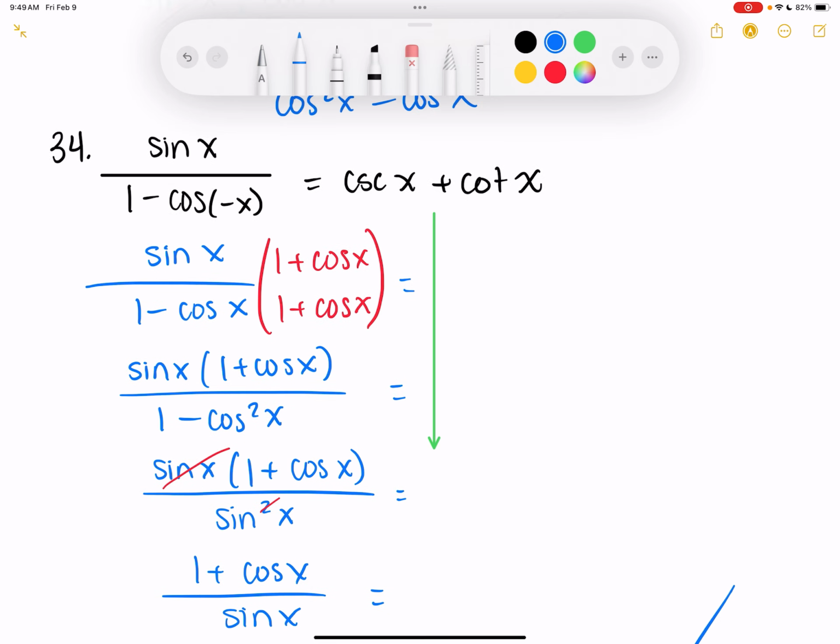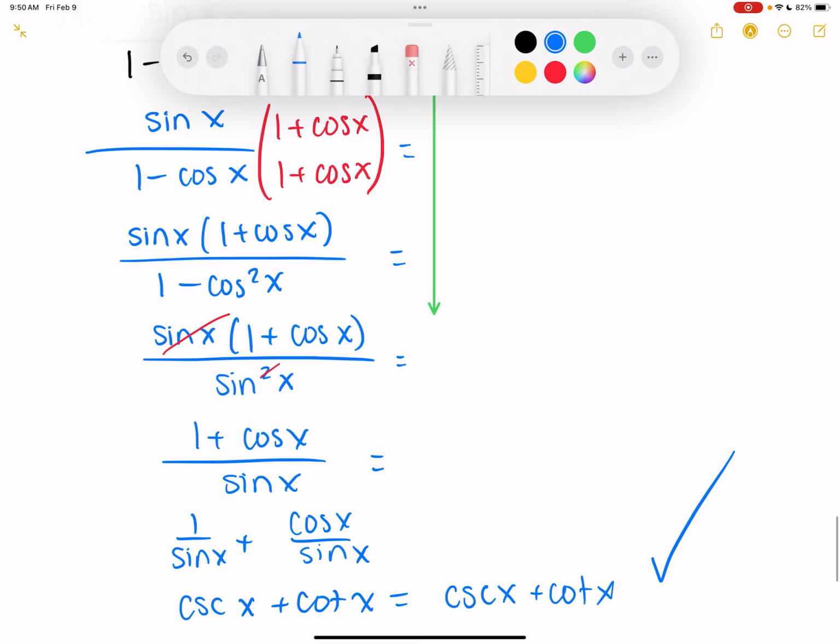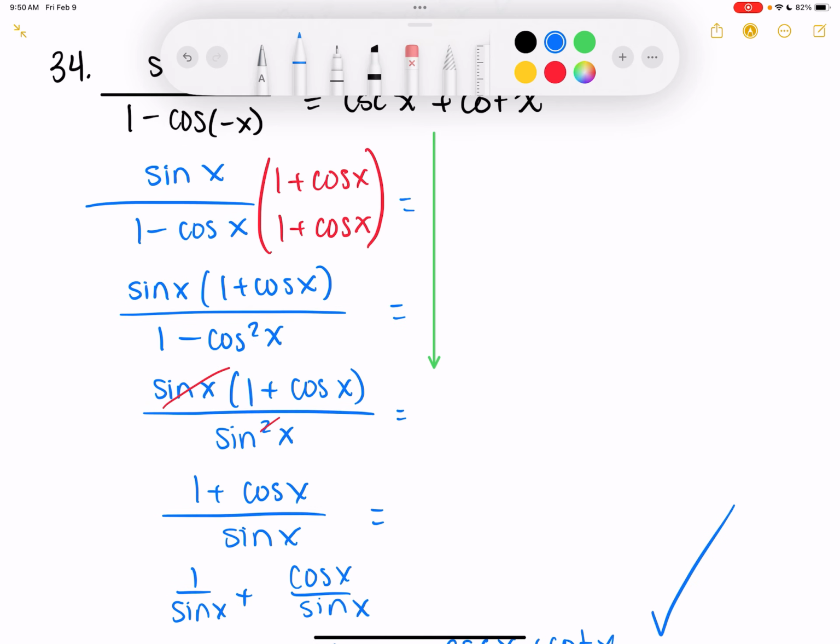How can I split this into 2 pieces? I've got a common denominator, right? So if I've got a common denominator, that means I could split it into 2 separate pieces to give me 1 over sine of x plus cosine of x over sine of x. That's what cosecant is. So 1 over sine is cosecant, cosine over sine is cotangent, and then I get